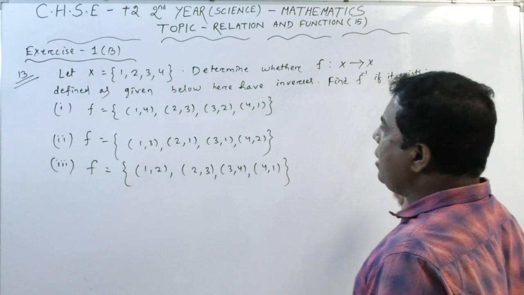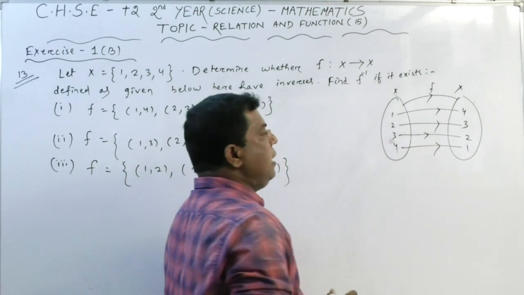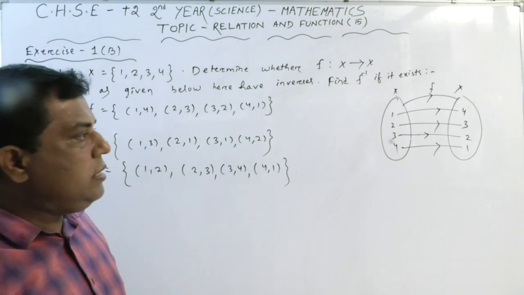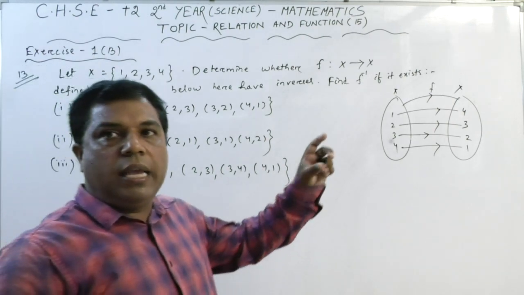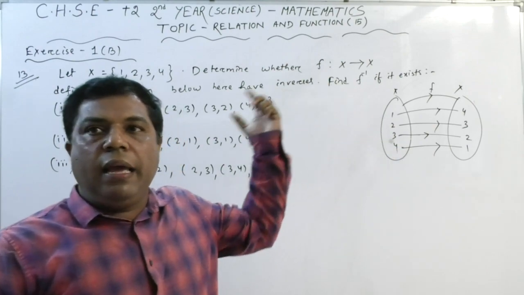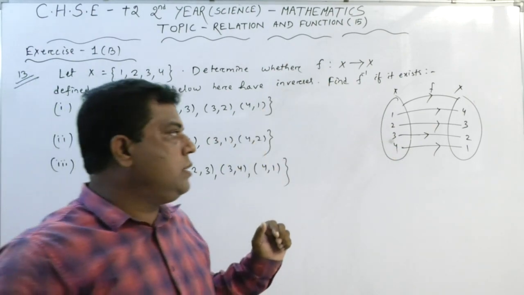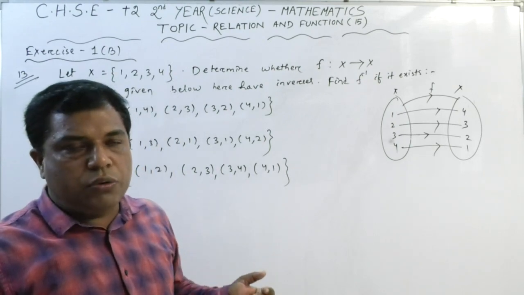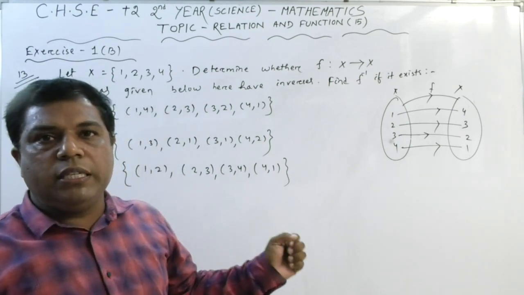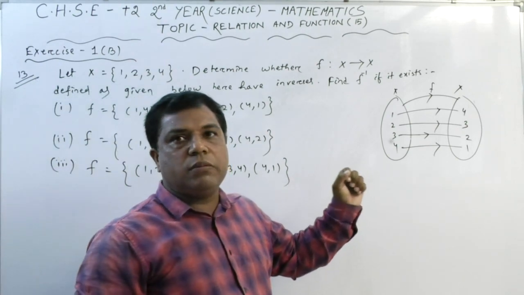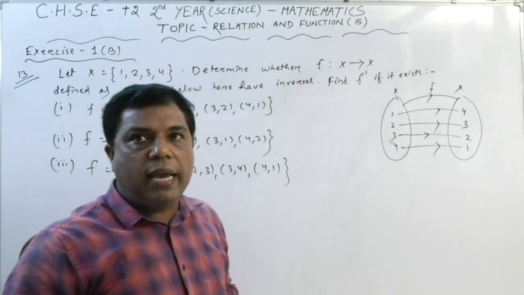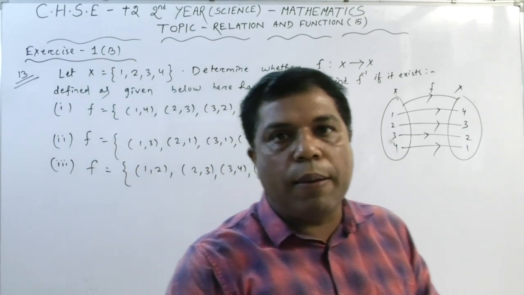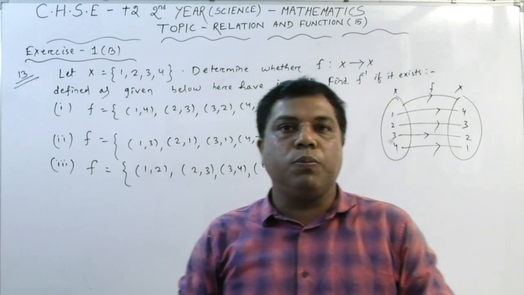Okay, so in a reverse way, you can see, is it injective or not? Yes, it is injective. Is it surjective or not? Because every image element has a pre-image in the domain set, it is also surjective in nature. So it is both injective and surjective, so we can say it is bijective. Hence the inverse can exist. So therefore we are able to get the inverse of this function.